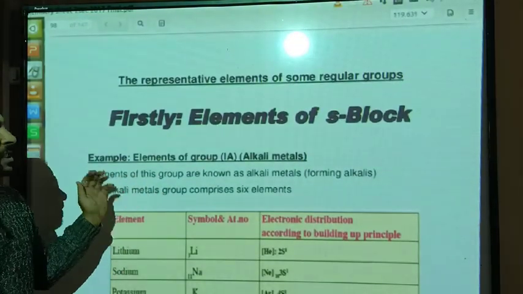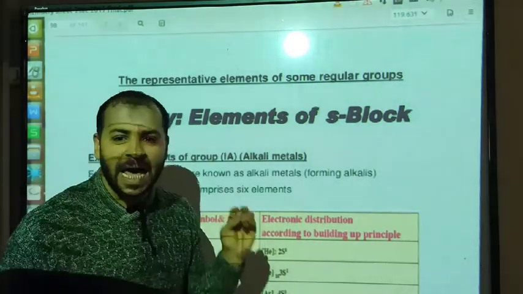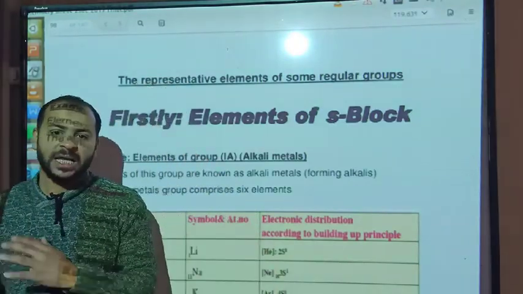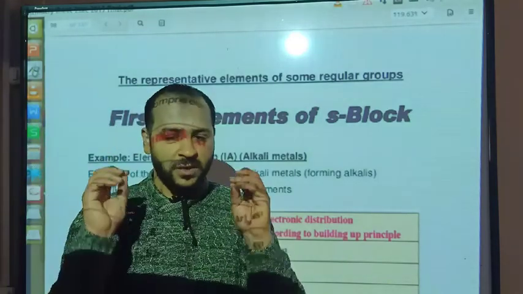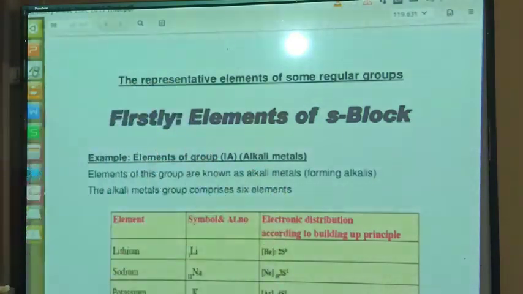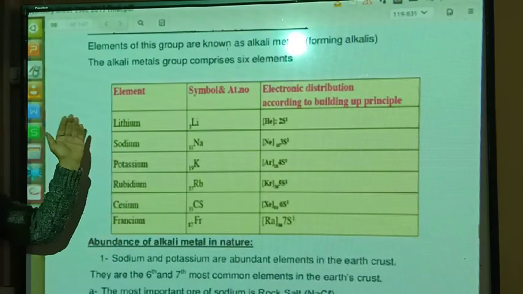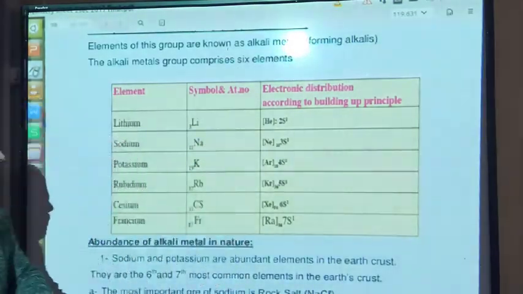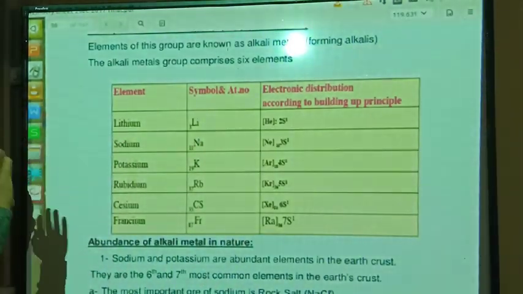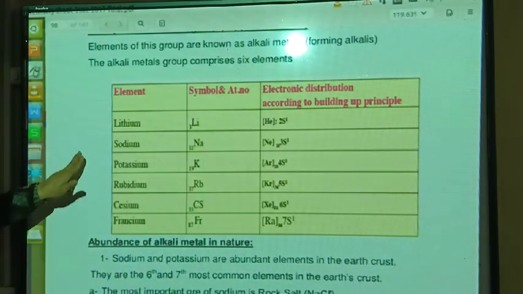S block, we will study 1A group. Elements of group 1A are called alkali metals. Why are they called alkali metals? Because they form alkalis. When they react with water, they form alkaline solutions. Elements of this group are 6 elements, which are lithium, Li, its atomic number is 3. The nearest noble gas is helium. Sodium, Na 11, potassium, K 19, rubidium, Rb 37, cesium, Cs 55, and finally, francium,